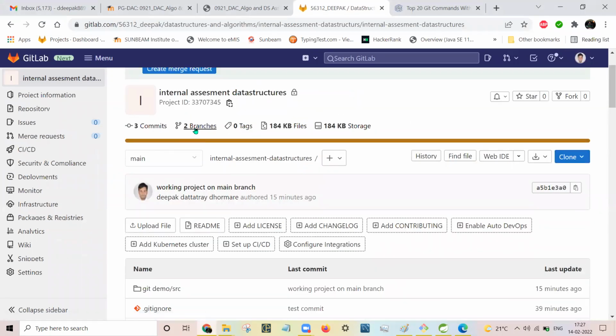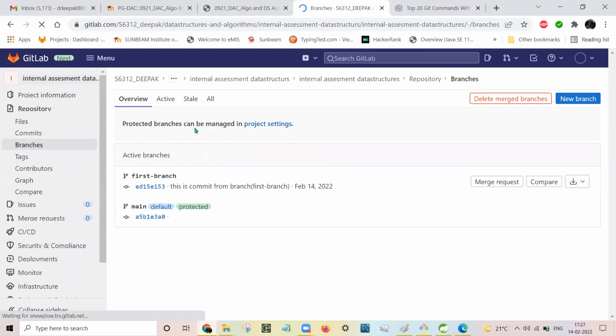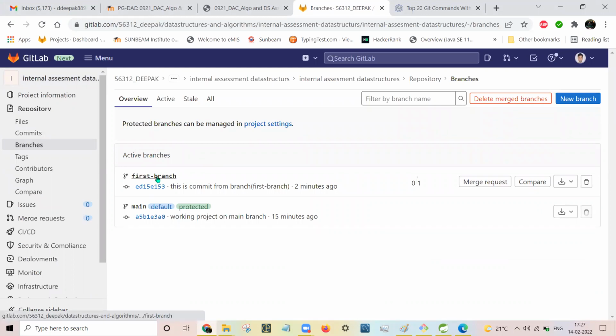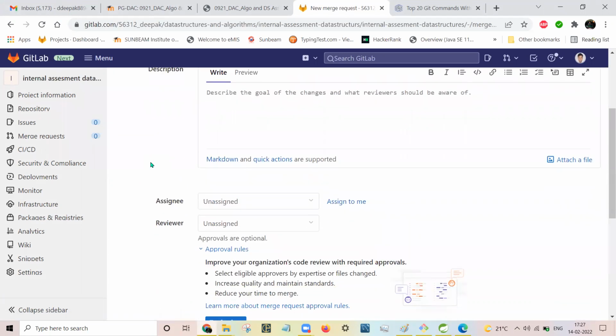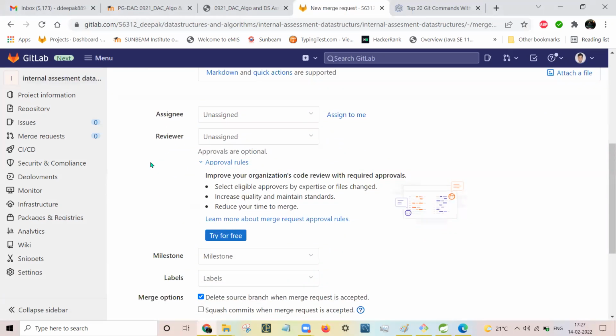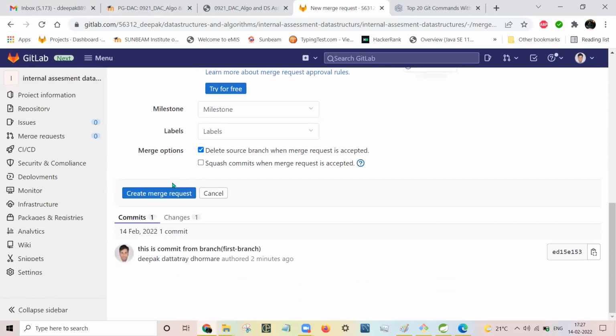Here a new branch gets created. See, first branch, and what that manager will do now. This will be creating the merge request. From my experience, you should not take this option. Otherwise, what happens sometimes is that